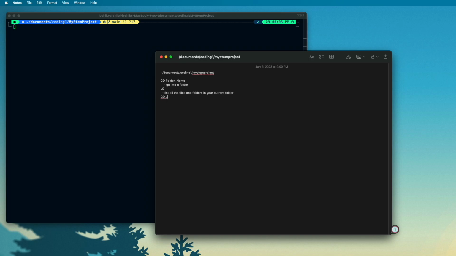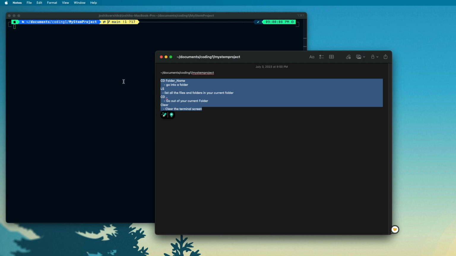The cd .. command will go out of your current folder. And finally, the clear command will clear the terminal screen. I don't think I can make that bigger, but those are the four main commands that we've learned, and those are the four commands that you're going to need to know